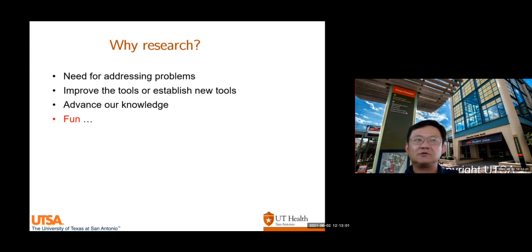Secondly, there's a need to improve the tools and or establish new tools to address these societal and economic questions. And then we do research because we want to advance our knowledge